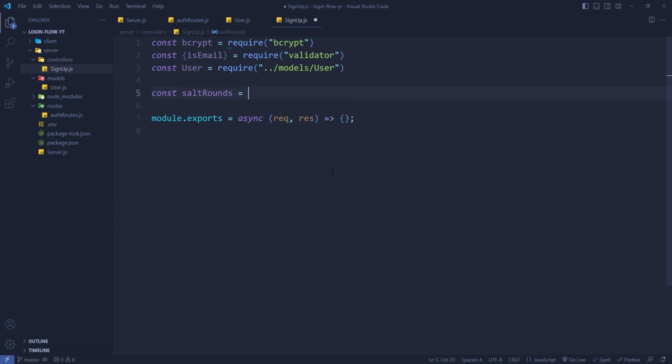saltRounds equals 10. This will be used for hashing the password. Salt rounds are something that add salt while hashing, so it will be 10 rounds, they will add the salt 10 times. Okay,